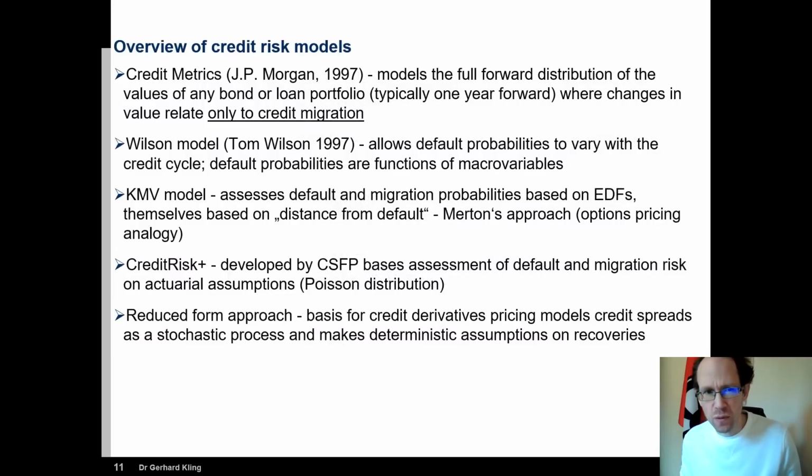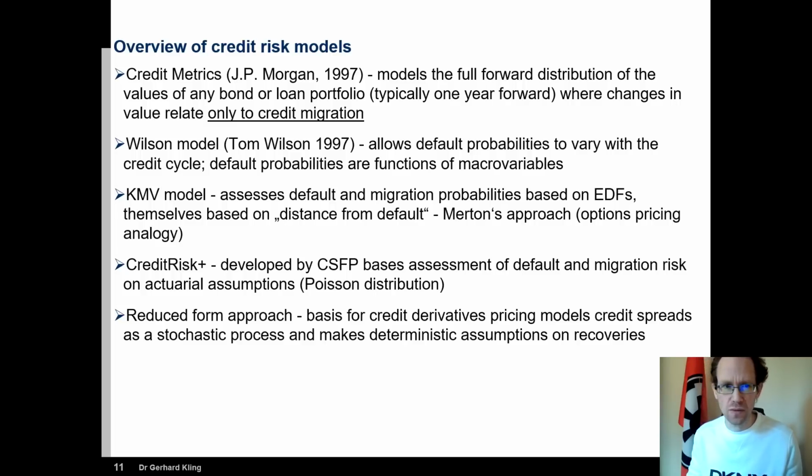I provide a very brief overview of credit risk models. Again, of course, one can explore this an awful lot more. There is a long history of these credit risk models, actually going way back into the 1960s. I mentioned the Altman Z-scores, which are still used in particular in the context of small and medium-sized enterprises. Now, CreditMetrics is maybe one of the most commonly used approaches, also in academia, discussed to a large extent. And we will look into this in a bit more detail.